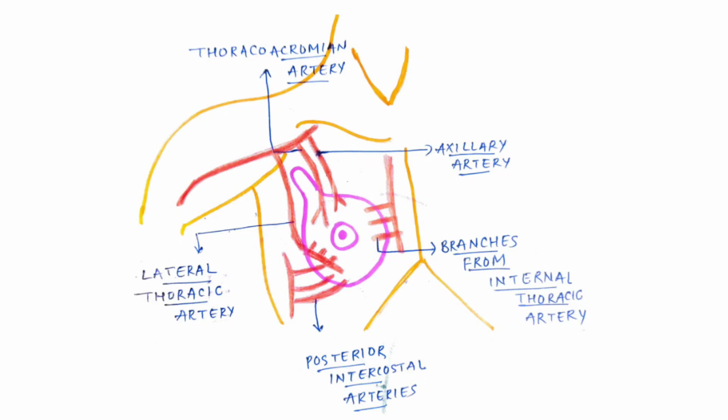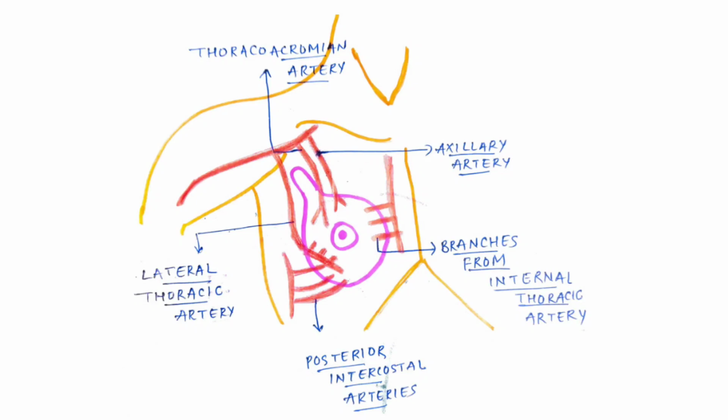Now, the axillary artery itself is divided into three parts. Okay, the first two parts of the axillary artery only supply the mammary gland. Third part of the axillary artery does not give any branch to the mammary gland. The superior thoracic artery, which supplies the mammary gland, is a branch of first part of axillary artery, and the lateral thoracic artery and the thoracoacromial artery, which supply the mammary gland, are the branches of second part of axillary artery.